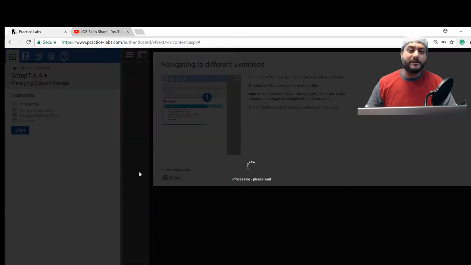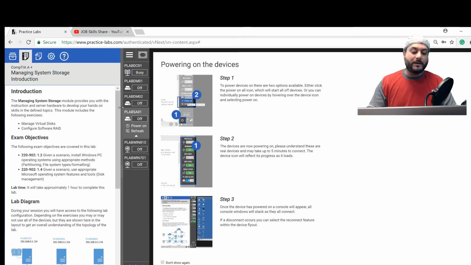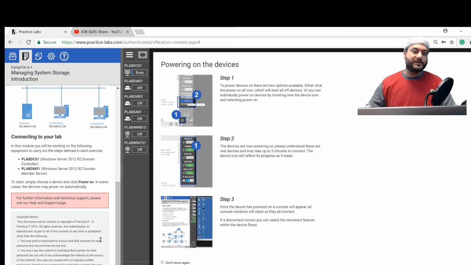Now let's talk about a little bit of reality over here. How much should you know about virtualization and virtual disks, and in the real world are you going to be dealing with this kind of stuff a lot? It really depends on where you work. If you work for a technical company whose clients are more in a virtualization type of environment, and you're the help desk for that company, then you will be working on a lot of virtualization like VMware, Hyper-V, and even some Citrix ones and others that they're going to be using. But in a normal help desk, like I said, you go work for a non-profit